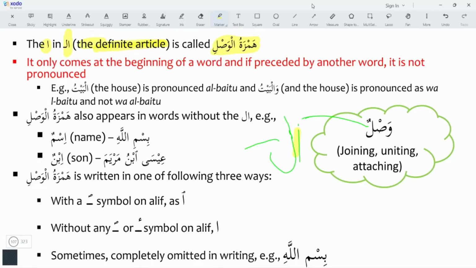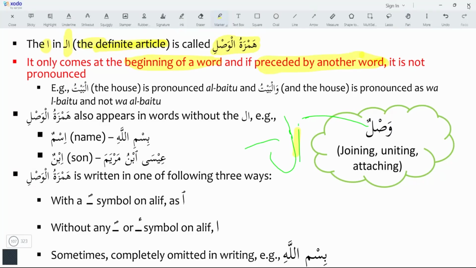Hamzatul Wasal only comes at the beginning of a word. And if it is preceded by another word, it is not pronounced. Like